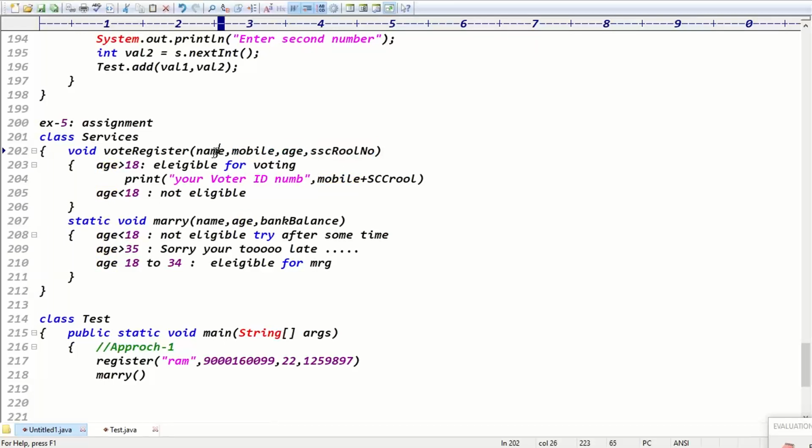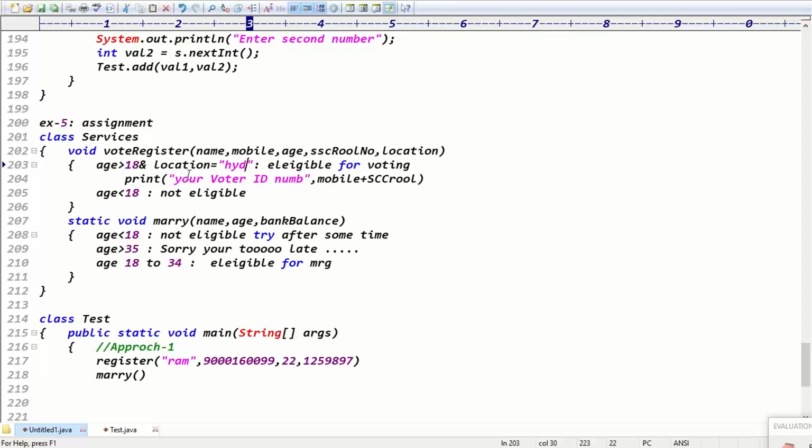And you can take one more argument, location. So if the age is greater than 18 years, and the location should be equal to Hyderabad.